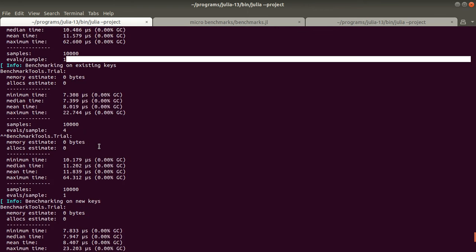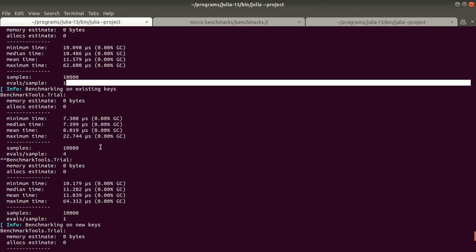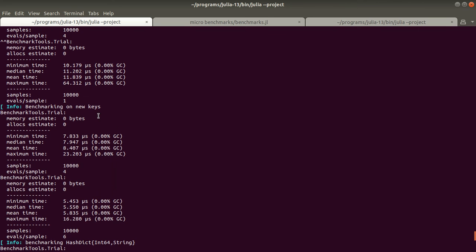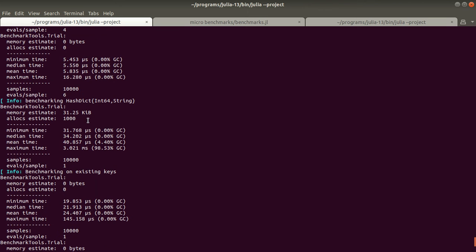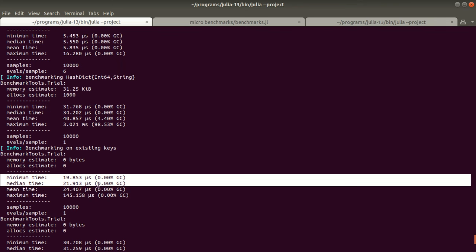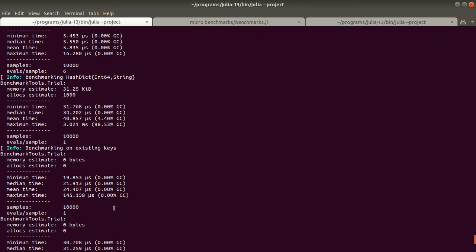Or maybe store the results and then print them side by side. So that's around 7, 8 microsecond for existing keys. Oh yeah, wait, we're bad. Okay, we're not that good. That's not much of a surprise,